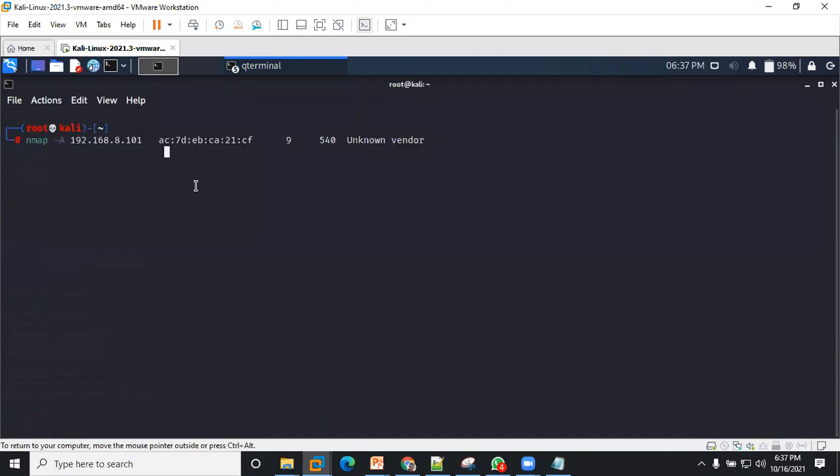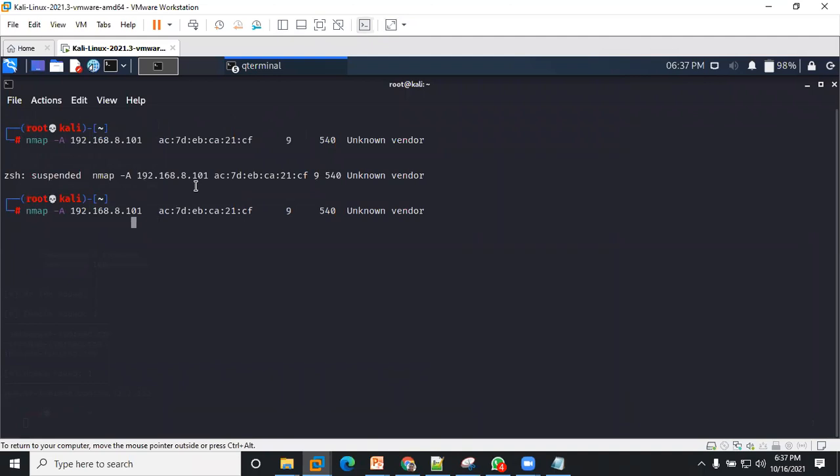Oh, I'm just going to cancel this. I copied so much information altogether, so I'm going to clear all the other information that we have. So you can see just the IP address, right? Then if you want to save it, you can put -oN to save the scan result like this, right?